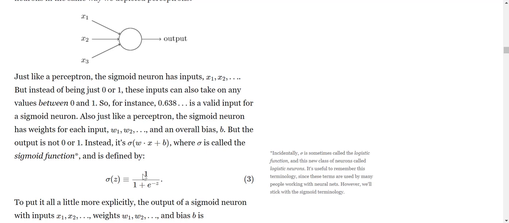So this is quite a lot to take in, but let me just tell you what really changed. In perceptrons, x1, x2, x3 was 0 or 1, right? So the first fundamental change is now your inputs can be some other in-between values like 0.638, 0.712, 0.692, and so on. Next, these go into this. They all have the similar concept of weights and biases. So you have W1 x1 plus W2 x2 plus W3 x3, and you add a bias.